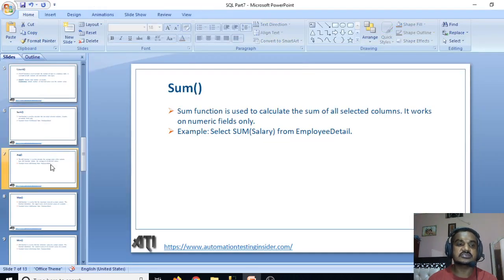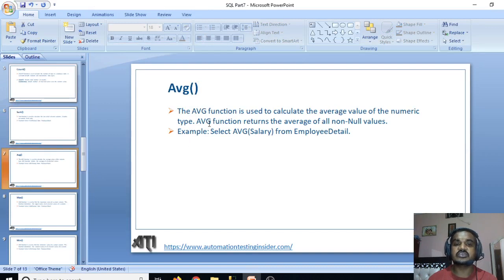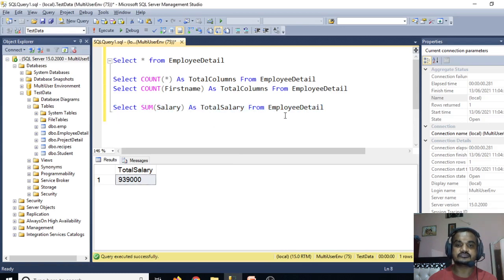Now what is next? We have average. Average function is used to calculate the average value of the numeric type. Average function returns the average of all non-null values. Okay, so select average salary from employee detail. So it will calculate the average of salary, right? So average of salary as average salary